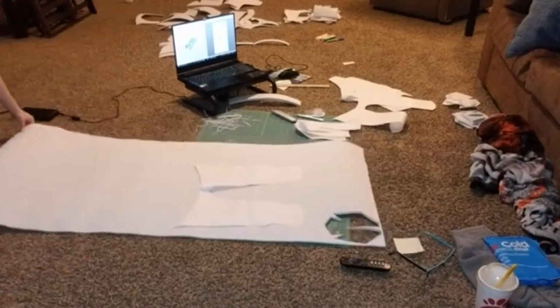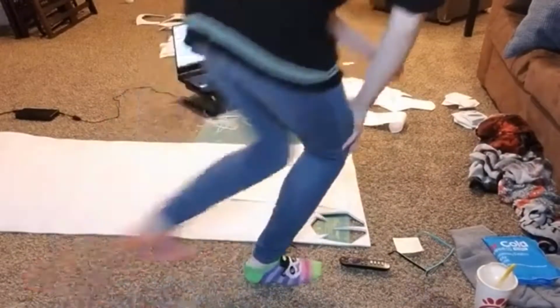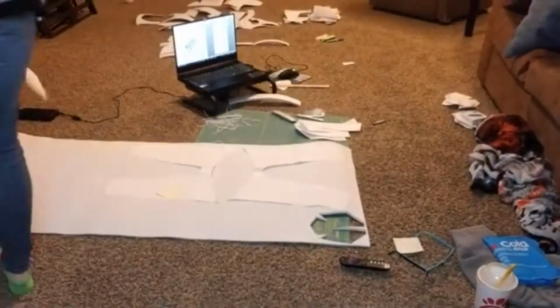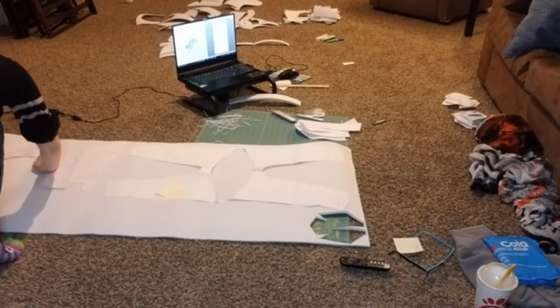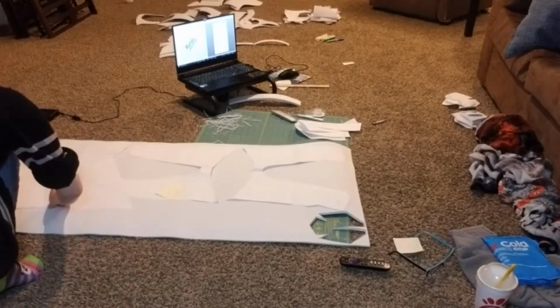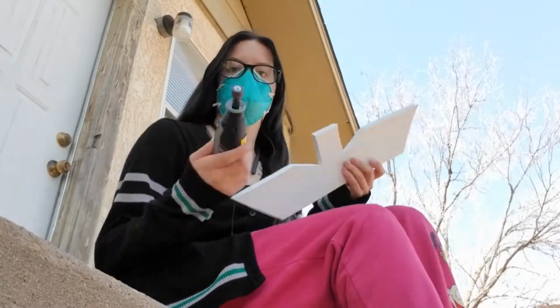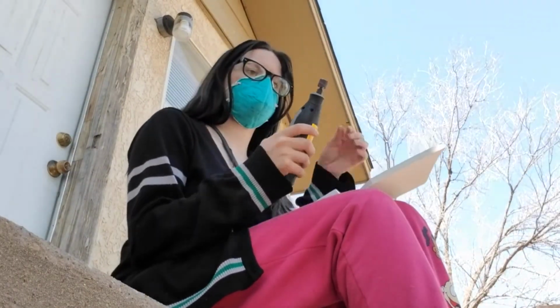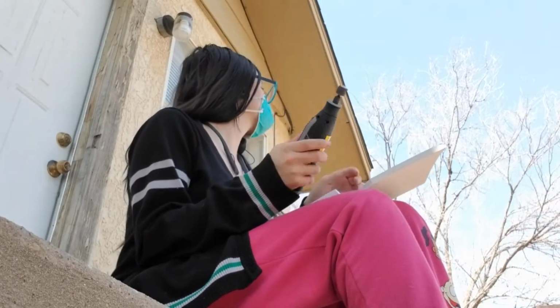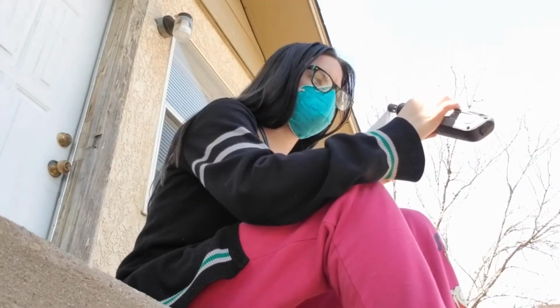But here's the dilemma. I rolled out the rest of the EVA foam, tried to lay out the legs to make sure I had enough foam to cut all of these pieces out, and I did not have enough foam. Fuck indeed. So here we are, using the little Dremel drilling tool to just kind of help shave off all of the frillies,